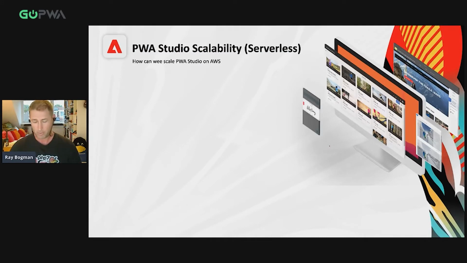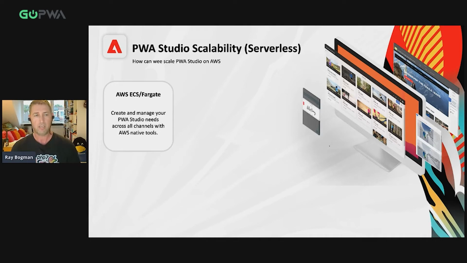Well, AWS in basic has a functionality which is called ECS, Elastic Container Services, also known as Fargate. It creates and manages the functionality to create PWA itself and share that across all channels using native AWS tools. And those are pretty unique, to be honest, but more on that later.